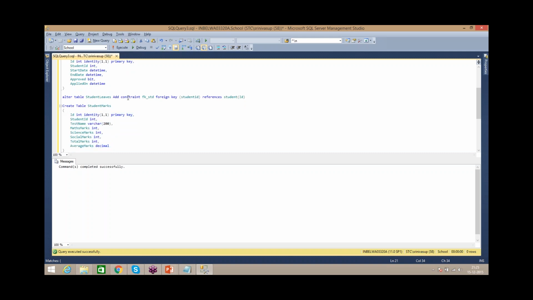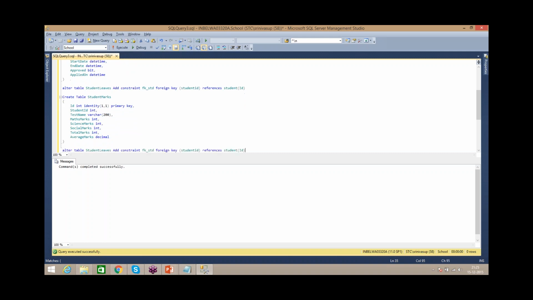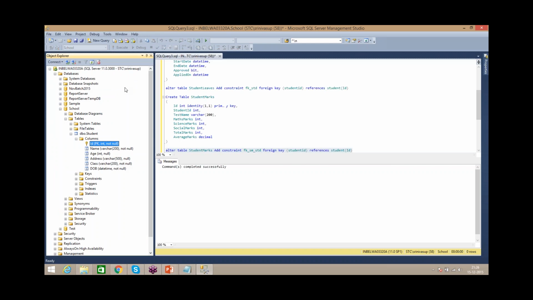Okay, this table got created, and now I'm going to create a foreign key relation between the main table and this student marks table. So now, student leaves, we have to change this to student marks. That's it. The column names are again the same. So this one you can name student marks to student table relation. So this one created another foreign key for me. If you want to see how these three tables are related, what you can do is